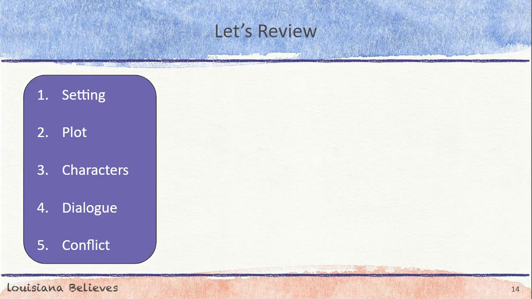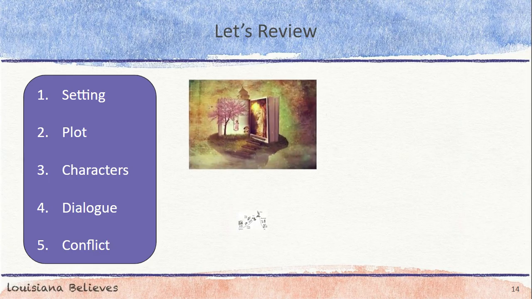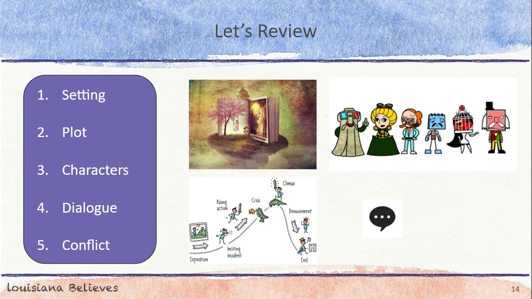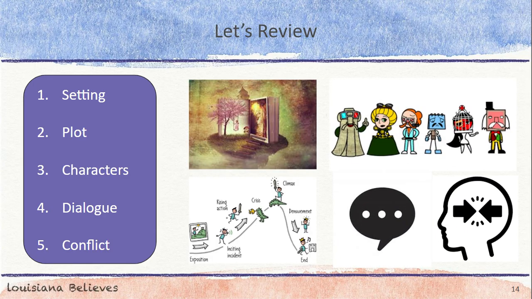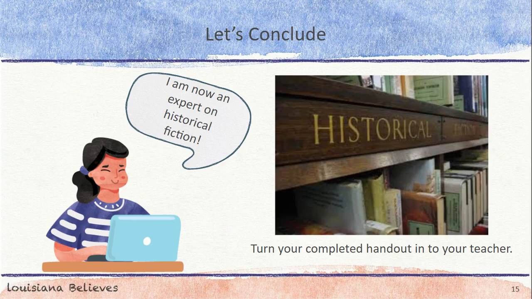Let's review. The 5 common types of elements of historical fiction are setting, plot, characters, dialogue, and conflict. Historical fiction can be a powerful tool for providing a way for us to learn about the people and events of the past in an engaging way, and the stories they tell are crucial in connecting us to the events